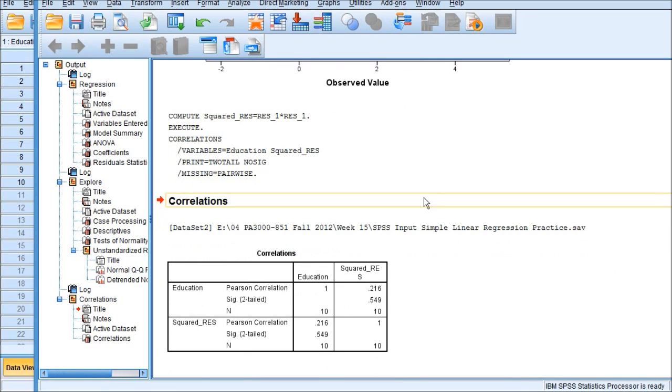Okay. The result of the correlation analysis shows up in this SPSS output window. Simply correlation tables, no confusion, right? For the p-value, we just look at this p-value here.